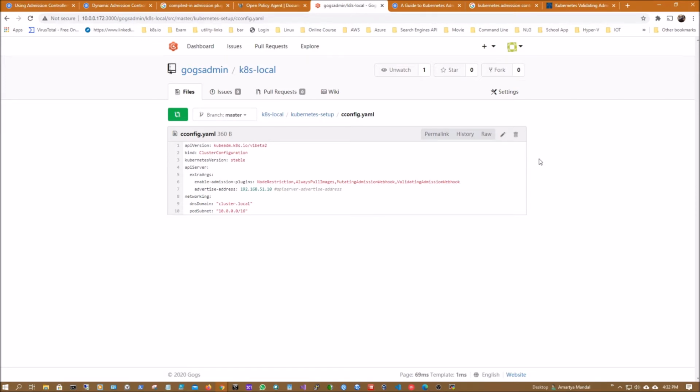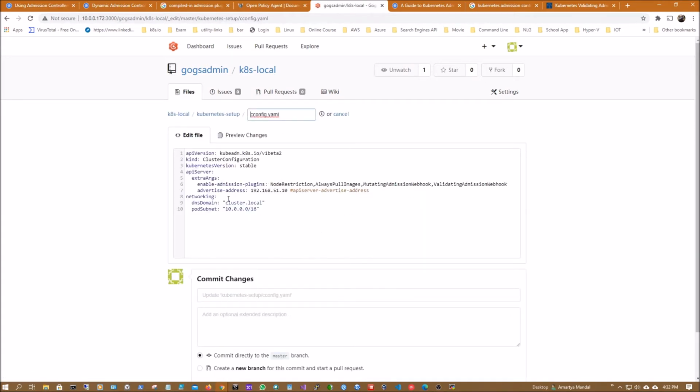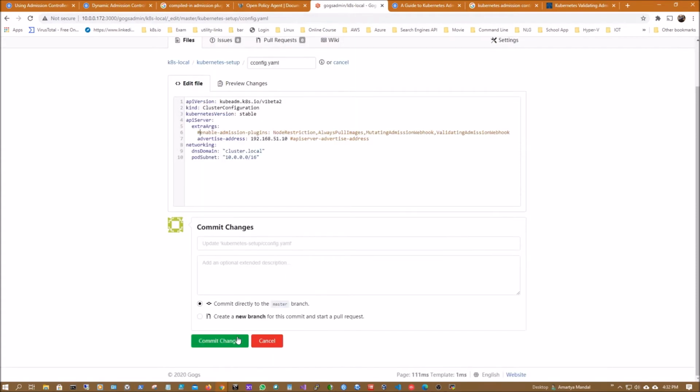We'll see the requirement it has to validate that deployment, and once we enable it back, how it actually makes the required decisions or changes, right? So to do that, let's comment it out,